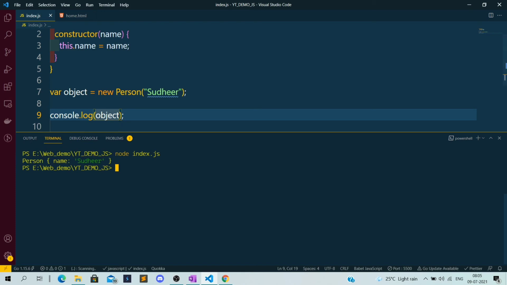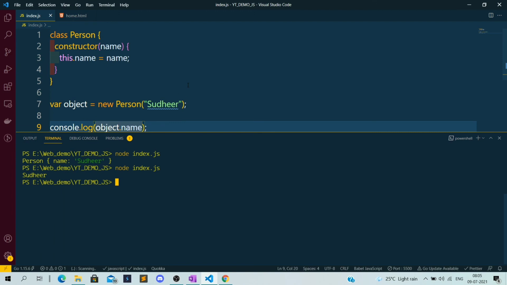Okay, if I try to print only name, it will print Sudhir. Okay, so this is also one of the approaches to create an object in JavaScript, that is familiar to those people who come from C++, Java.